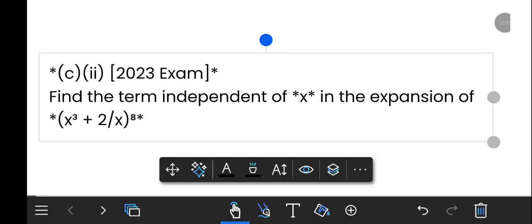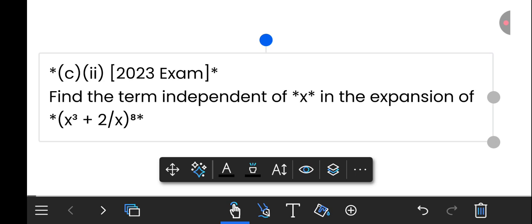Welcome to this session. In this video, we're going to do independent term of x, or finding the term independent of x rather. So how can you find the term independent of x in a certain expansion? So I'm going to use a question which was asked in Math 2023, Math 1120 exam to